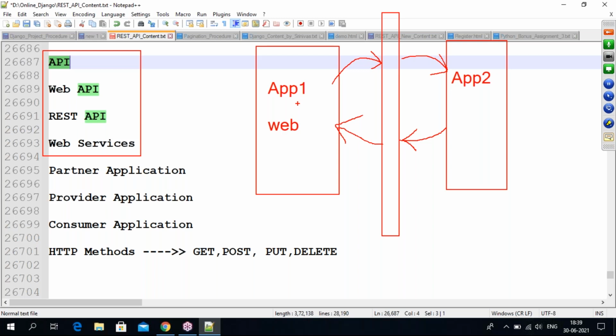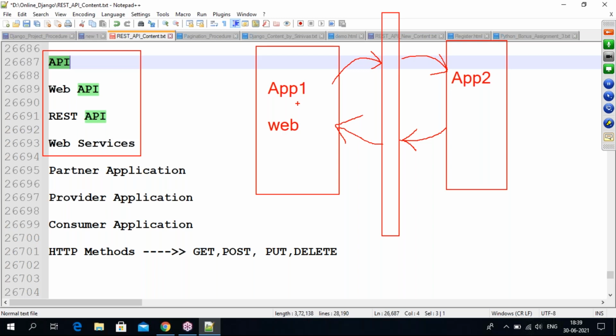Facebook, Gmail, WhatsApp, these all, guys. PhonePe, Google Pay, Paytm, these are all web applications only. If you develop any API for a web application, then those APIs we call web APIs. Got it? REST APIs are also APIs only.